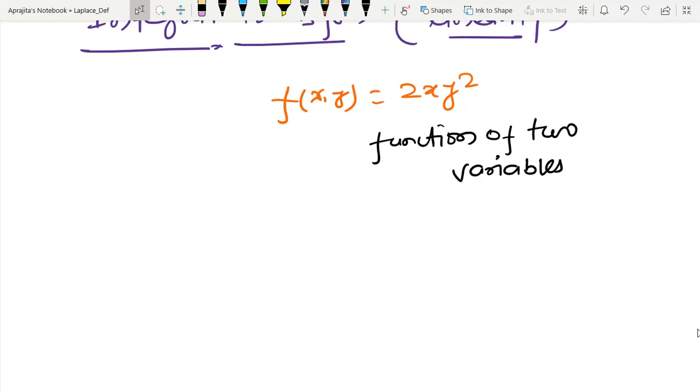So what I am saying is, suppose I have to do an integral like this, from 1 to 2